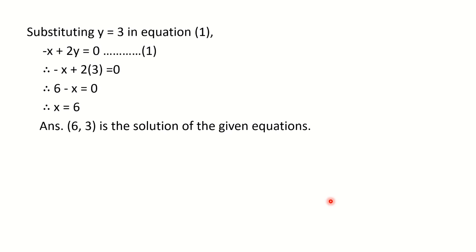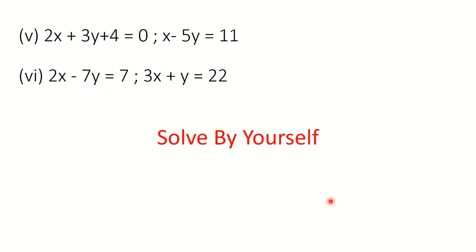So I have discussed 4 questions from this sub question number 3. Now question number 5 and question number 6 you are going to solve by yourself. You have to change its form. You have to convert it to the standard form. See, this constant is on the left hand side, so shift it to the right hand side. So you will get 2x plus 3y is equal to -4. Number this equation as 1, and this is in standard form only, so number it as 2, and then equate the coefficient. You can multiply equation 2 by 2 so that the coefficient of x will be equal, and since the signs are the same, subtraction is going to give you the answer.